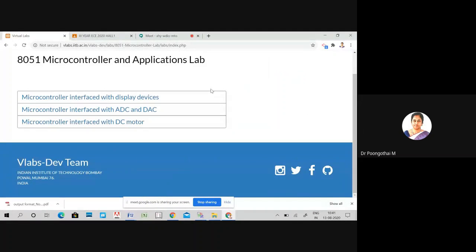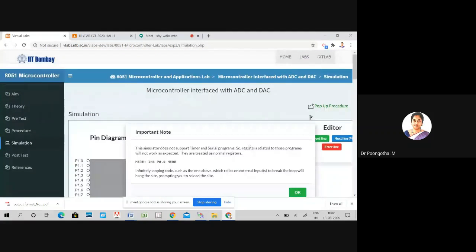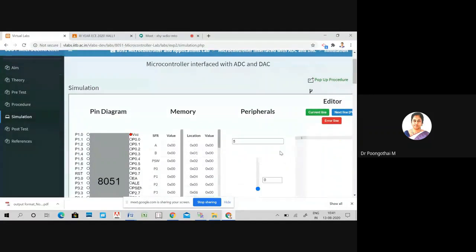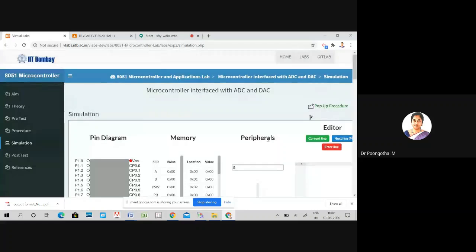This lab is developed by the IIT Bombay faculty team, where we are going to do some interfacing experiments like ADC and DAC. So this is the simulator platform. Here we have to edit our program. This is the text editor. Okay. For the interfacing experiments alone, we will be using this virtual laboratory developed by IIT Bombay.